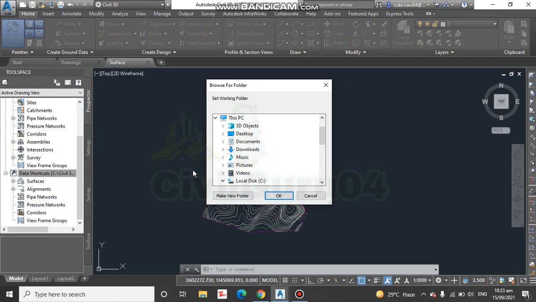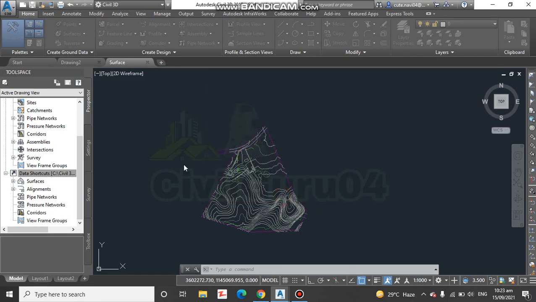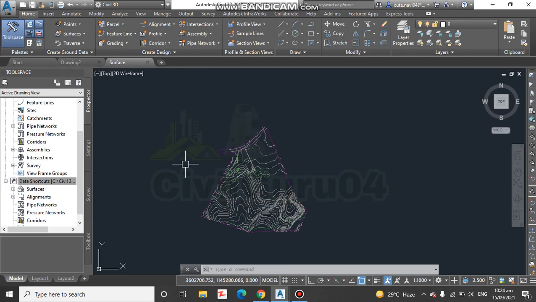The browse for folder dialog box is already open. Step number 4, browse to the data folder. You can select any folder from your computer. I am selecting Civil 3D projects and click OK. Step number 5, right click data shortcut and select new data shortcut project folder.